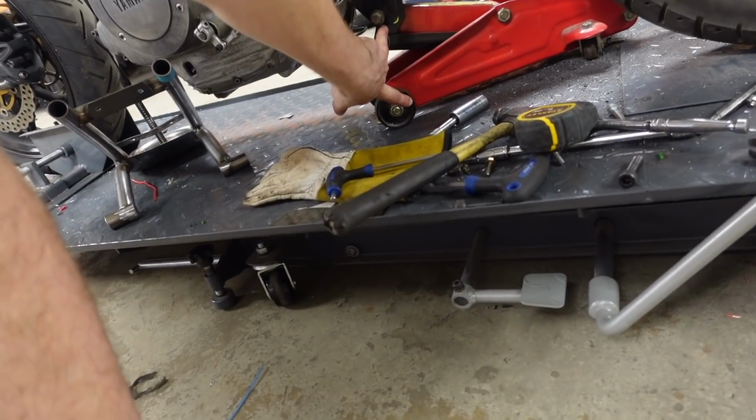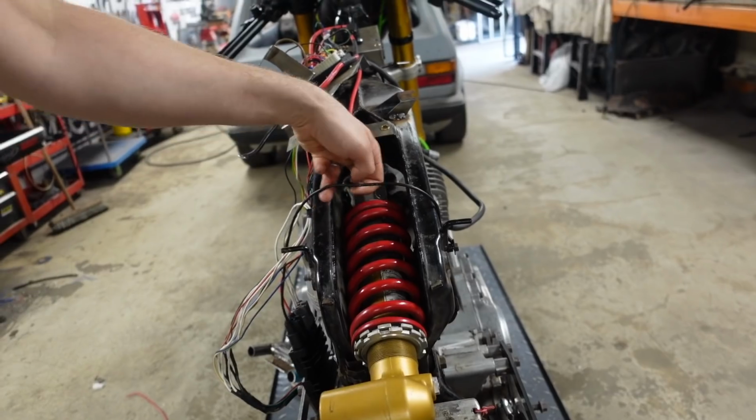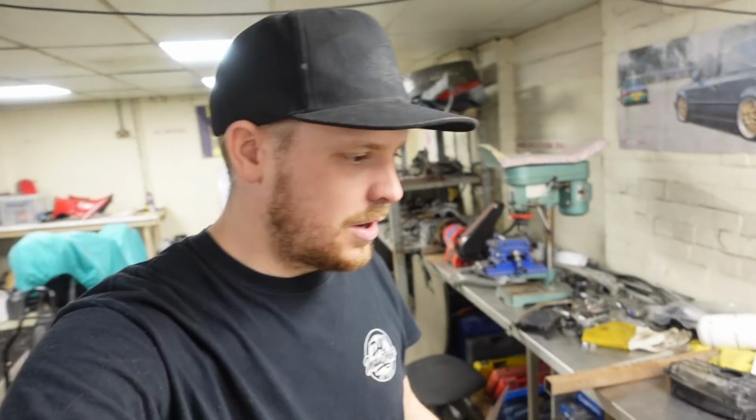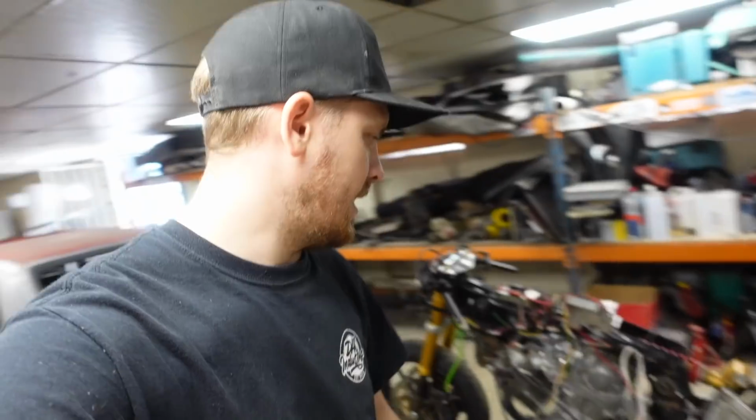I've measured where I want the bottom of the frame to be in relation to the floor, so we've got it all in the right place. That is going to be where it's going to sit. So what am I going to do to make this shock mount? Now I've got an idea, and I'm hoping it's going to work, as we do with all these little ideas that we have. So what I'm thinking is